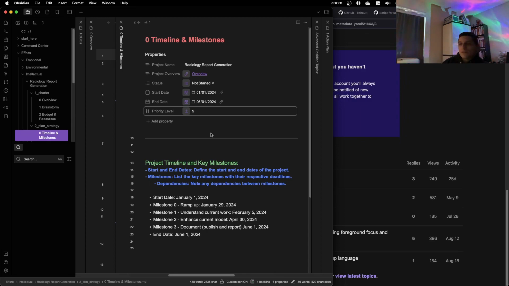When we have all projects in a single file, we will just have these properties. And then if we want to see more, we go to these files.